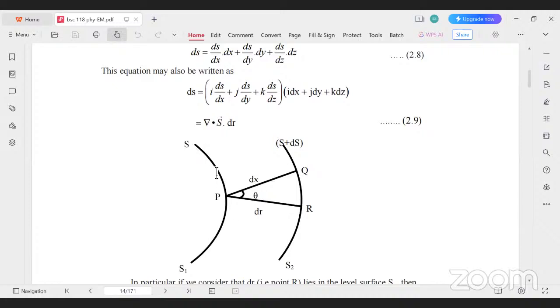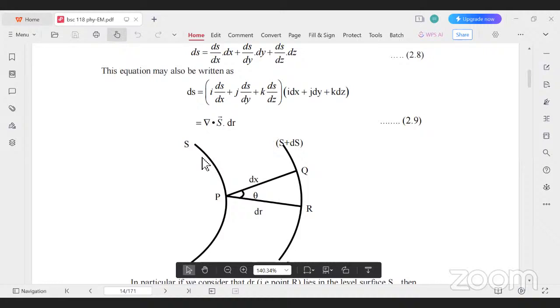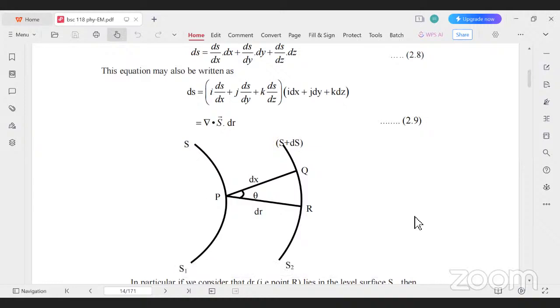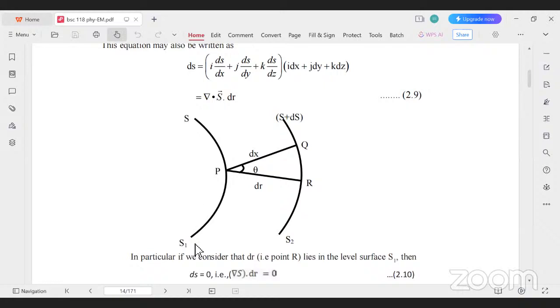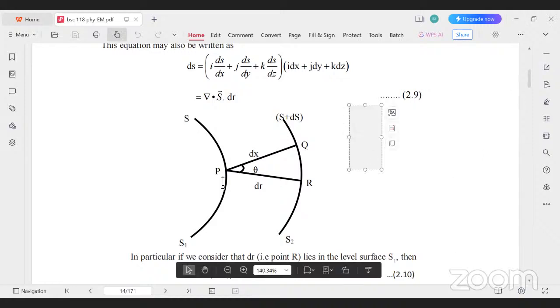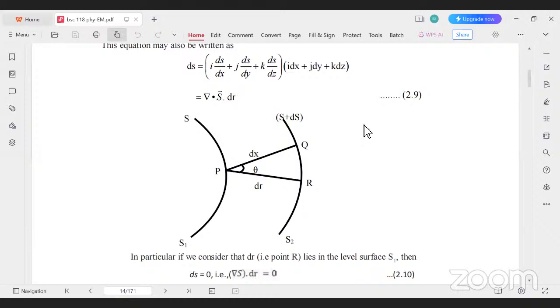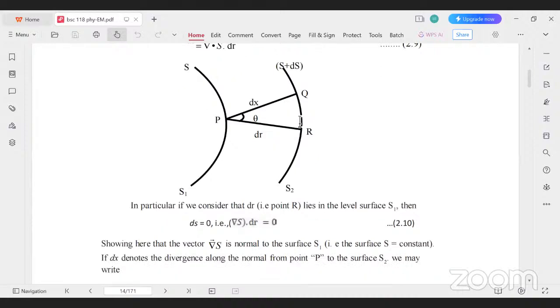Here, in fact, we take two surfaces, s and s plus ds. This can be one surface, and this can be another surface. So I can find the surfaces S1 and S2, where I have taken s and s plus ds. Next also I can calculate; if I am able to calculate for this and this, I can find for n number of surfaces. Clear? So I am able to find the coordinates between s and s plus ds. In this way we can find the